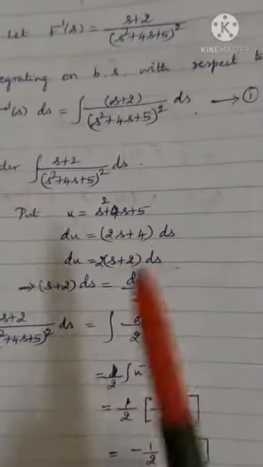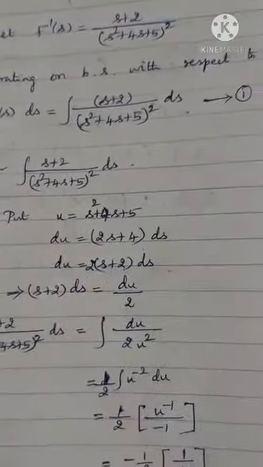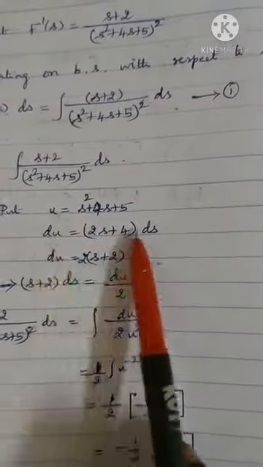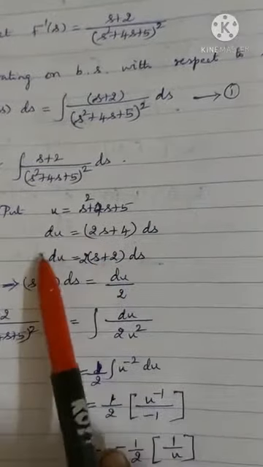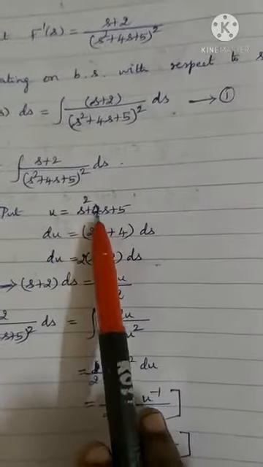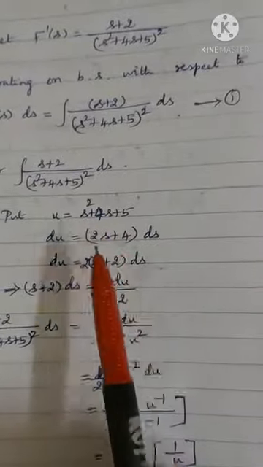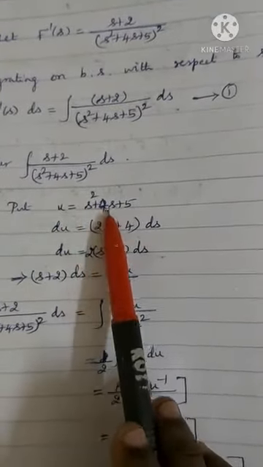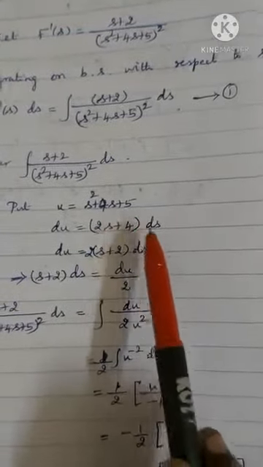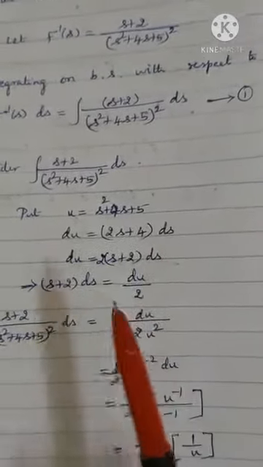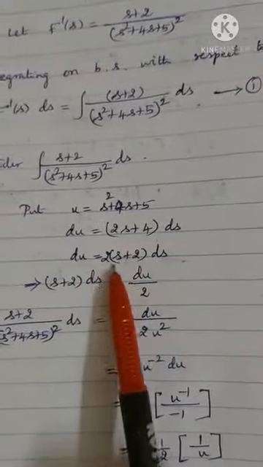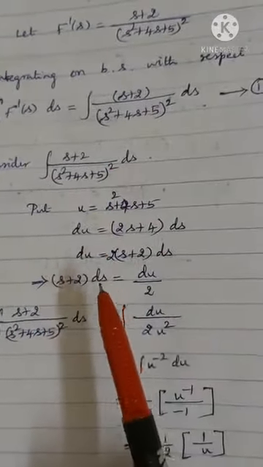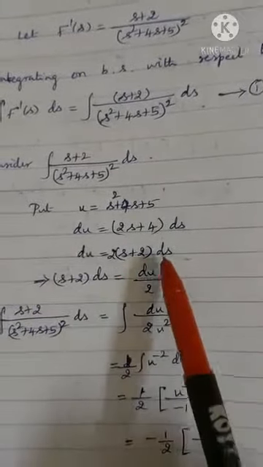Let us use the substitution method. Put u equal to the quadratic polynomial. Simply differentiate: du is equal to 2s ds plus 4 ds. First you reduce the power, differentiate s; take 4 outside, differentiate s, you will get ds. Take ds common: 2s plus 4. Take 2 common now. We need s plus 2 into ds, which is du by 2.